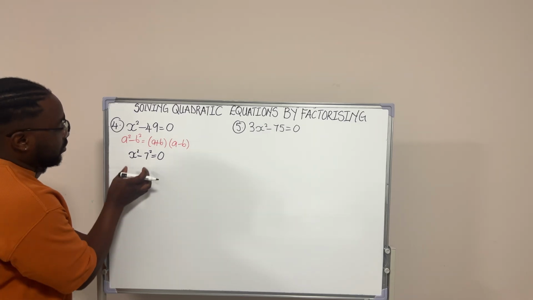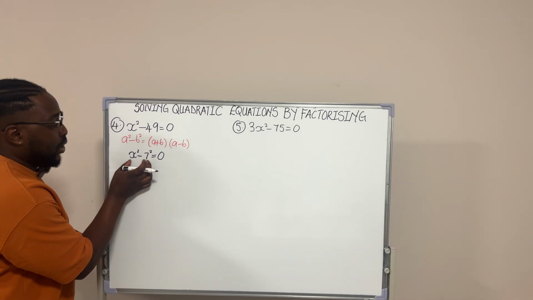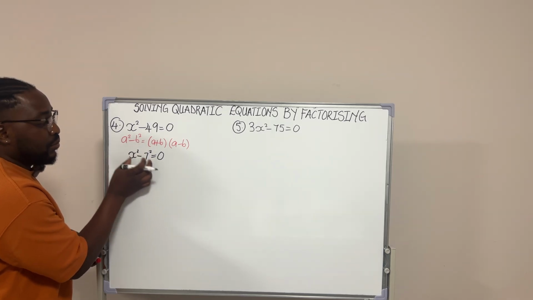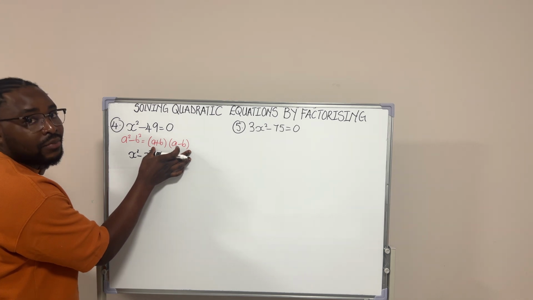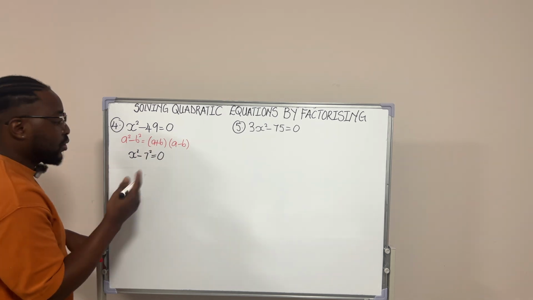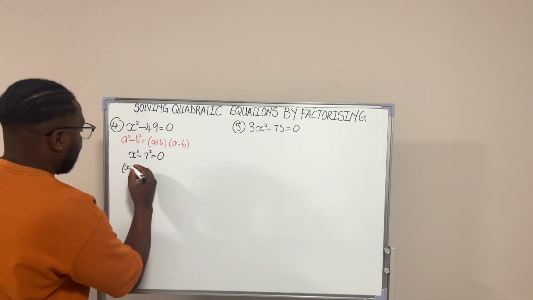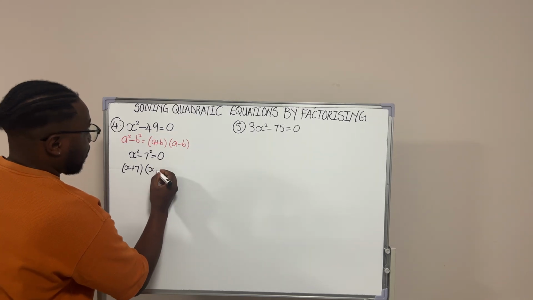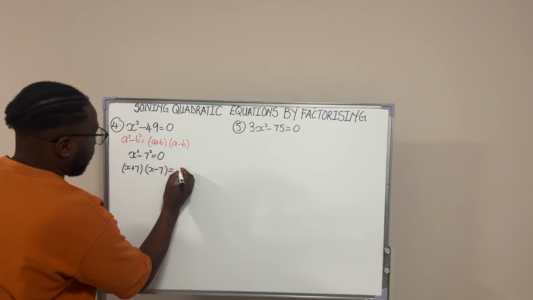And if we look at this expression over here, and we look at this expression, they're the same, right? So then we can factorize it in this form, right? So then what are we going to have? We shall have what? x plus 7 and x minus 7 equal to 0,